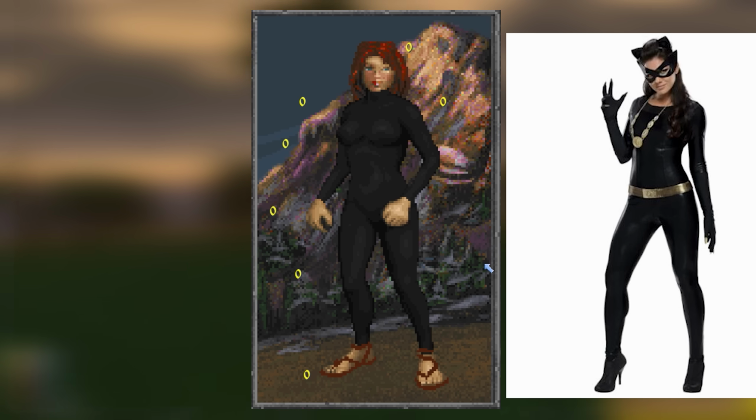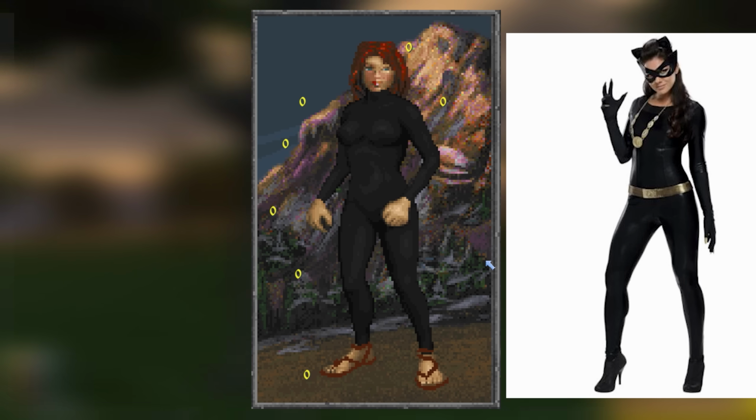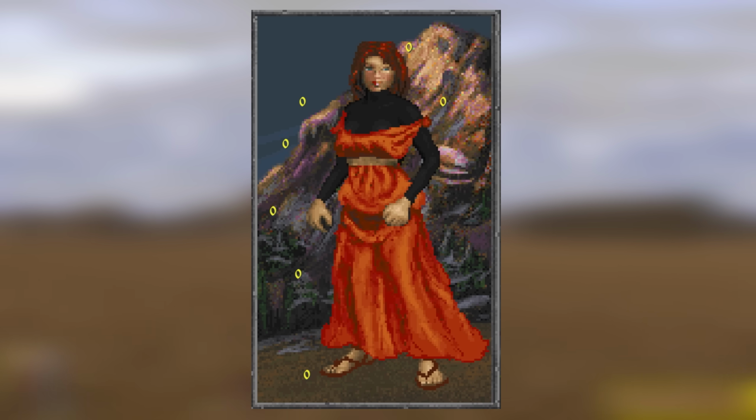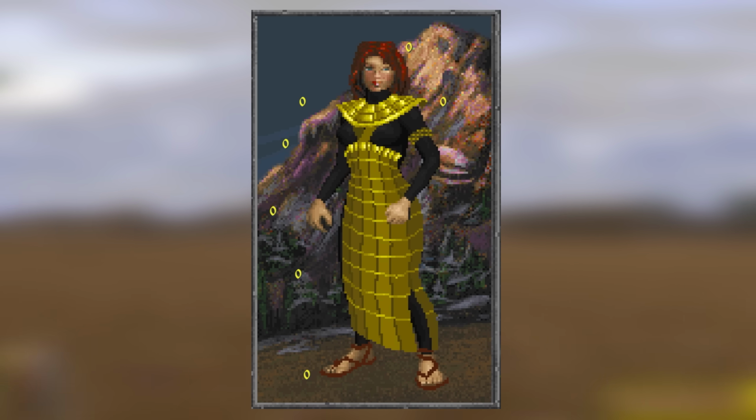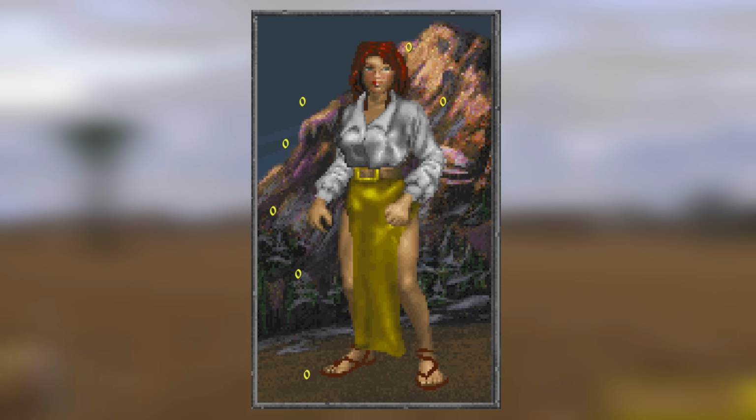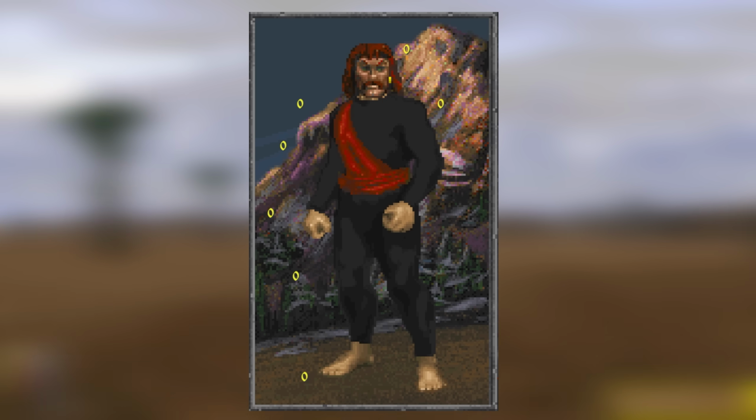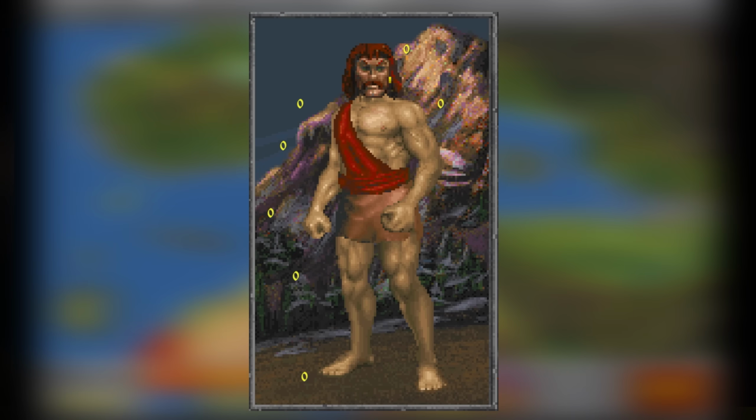Kind of reminds me of Catwoman, I guess, and this can actually be worn under every piece of clothing other than what would go down as bottoms, so no skirts, pants, or even loincloths can be worn over it. Men also have the Khajiit suit, which similarly can be worn under most pieces besides pants, but men also have